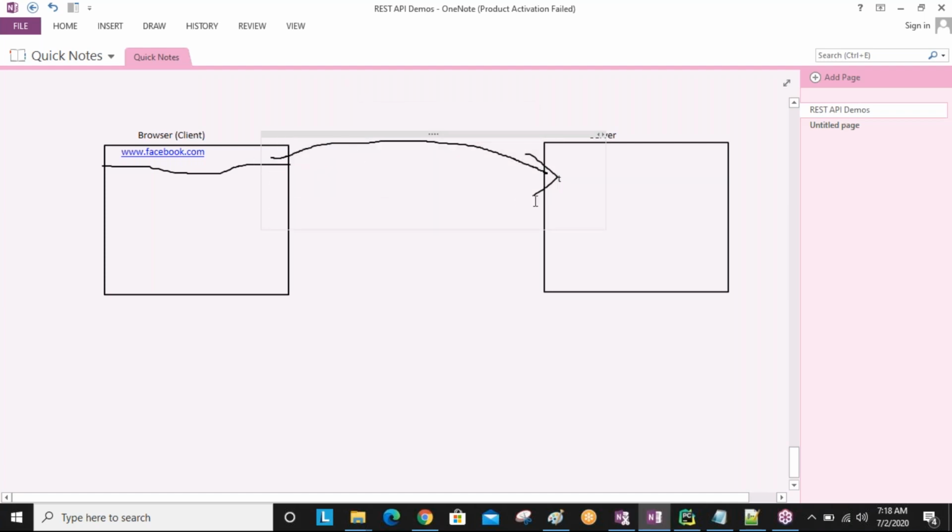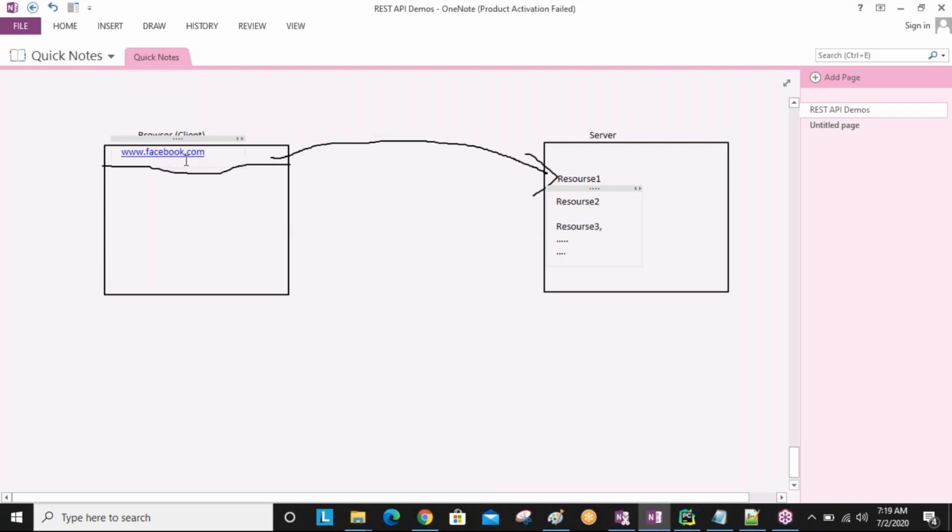Now here, different resources are there: resource 1, resource 2, resource 3. Like this, n number of resources are there, sir.